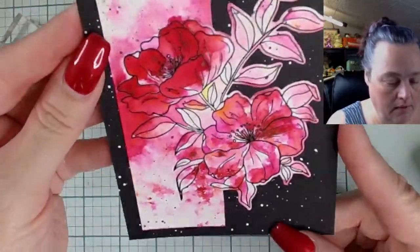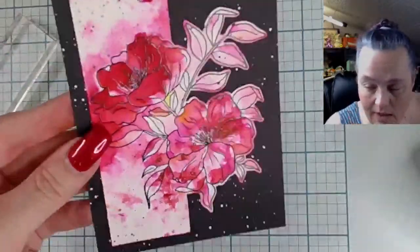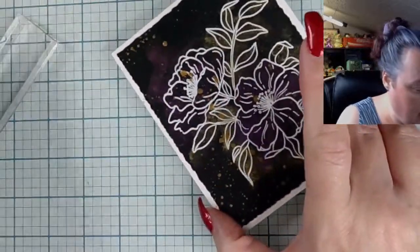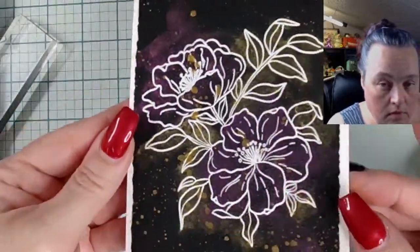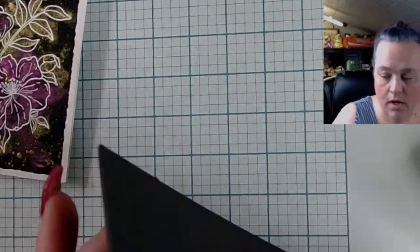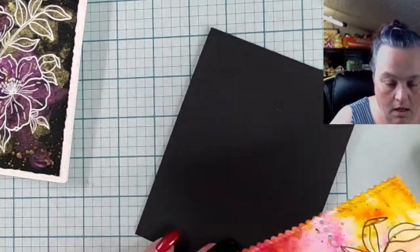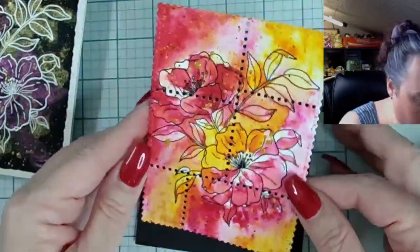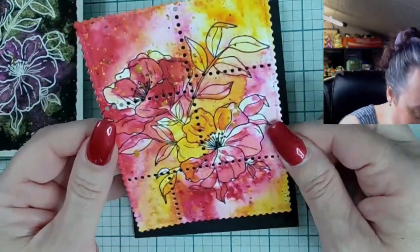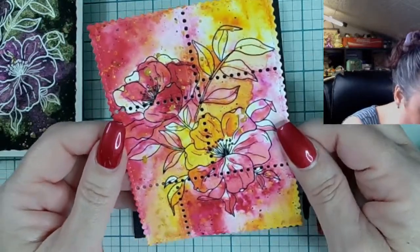Oh, look at that. Isn't that pretty? Oh my goodness. So there's that one. That one's done. This one's done. Okay, we added our little bit of splatter, and then this one, well, I kind of did. I kind of dried it. This one is definitely wet,